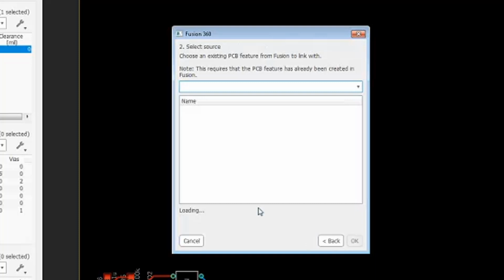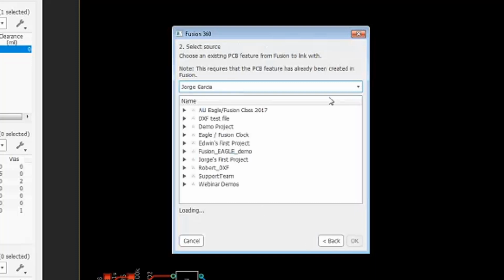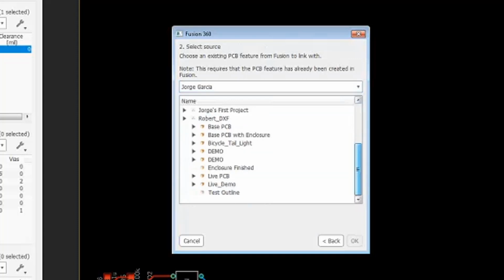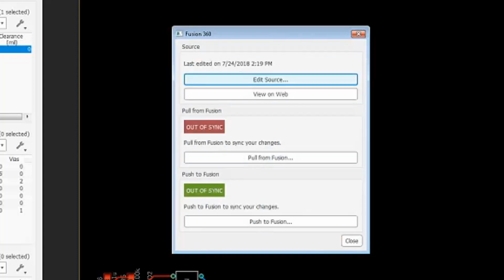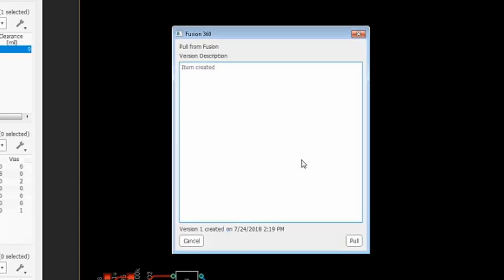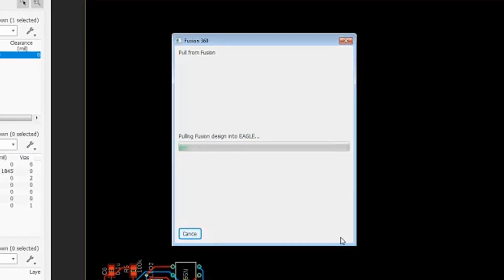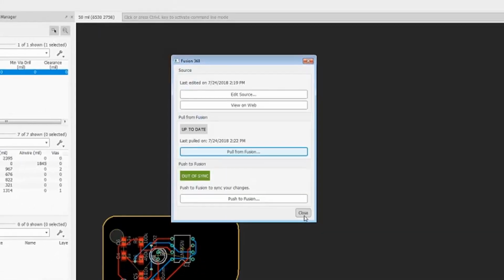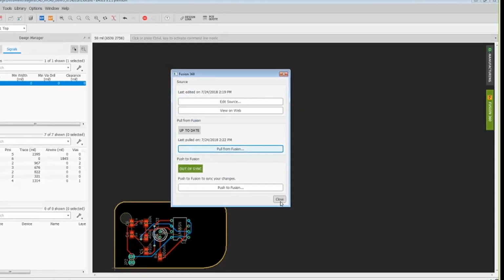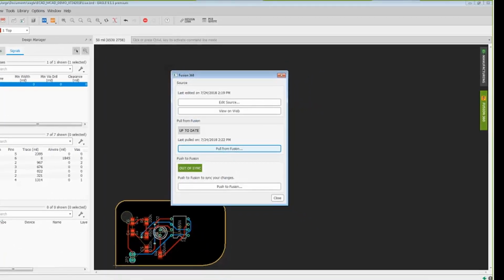So I'll click Next. It's going to link to your Fusion360 account, webinar demos, and I want to link to live PCB. Pick that, say OK. And then the first thing I'm going to do is pull from Fusion. That way we get that outline into Eagle. So click Pull, item was created, pull. Alright, perfect. We can see that it came in. I do have a little overlap, so before I push it back to Fusion,